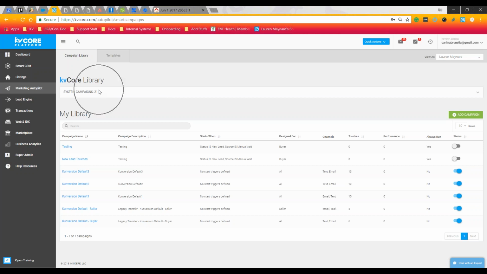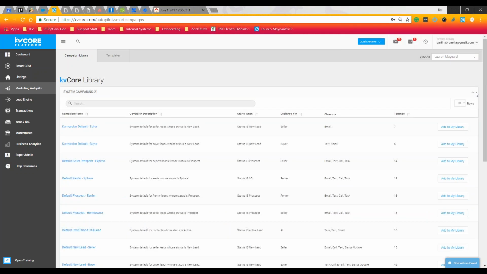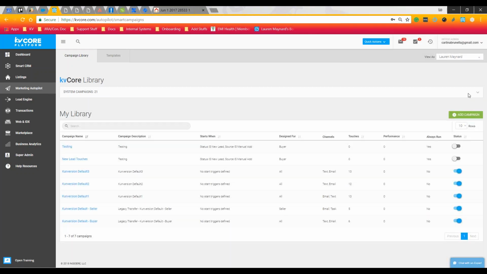So this is the campaign library. This is going to show you our defaults. So we have 21 defaults that are already set up fully that you can use, and just click Add to My Library, toggle on, and it runs automatically for you. Your library is going to show any of our defaults that you've added, as well as any that you've created yourself. Before we dive into this section, I'm going to start with the template section up here on the top